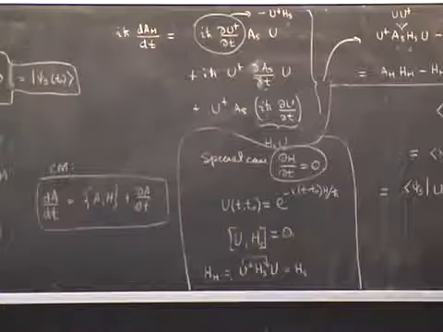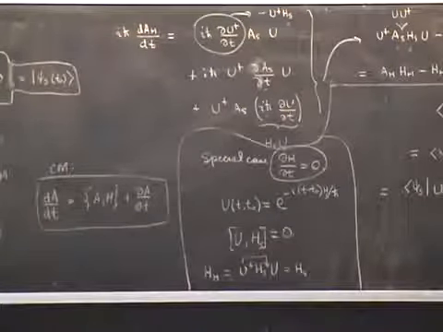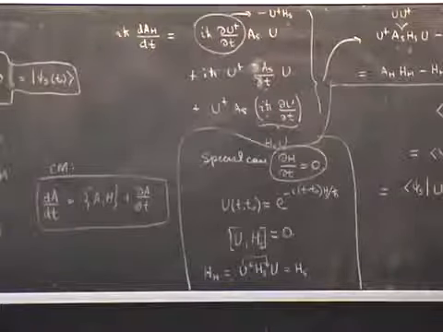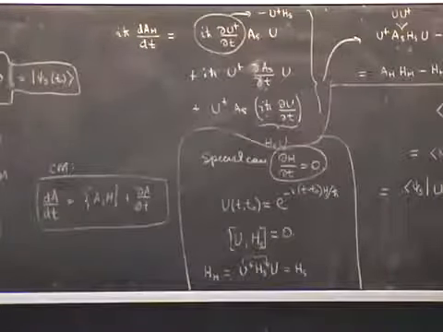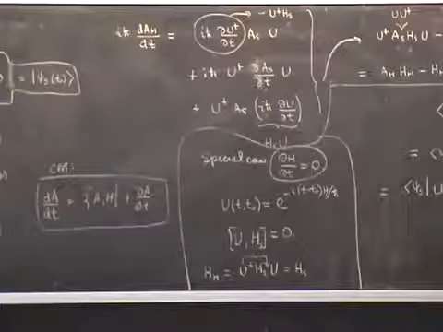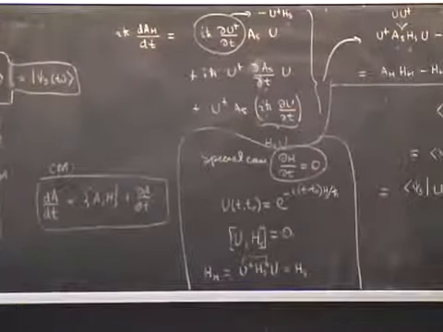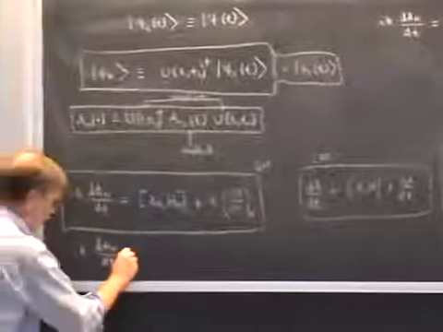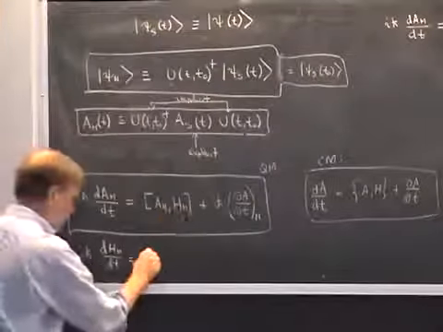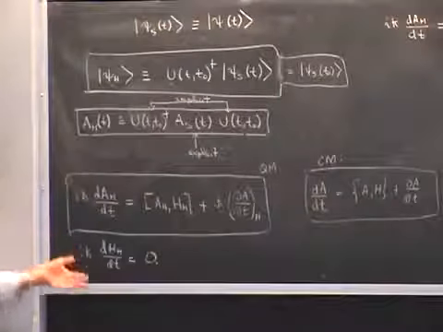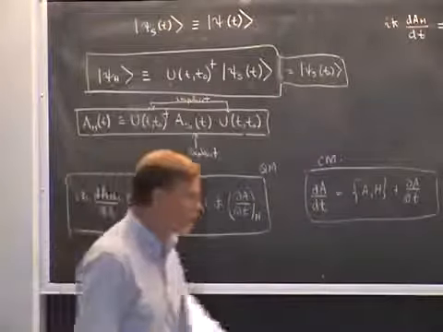In fact, let me take this equation here, and let's interpret A as being a Hamiltonian itself. And let's suppose it has no explicit time dependence, so this term goes away. Well, what do we have then? We have i h bar, d of the Heisenberg Hamiltonian with respect to time, is equal to the commutator of the Hamiltonian with itself, which is 0. So in the case of the time-independent Hamiltonian, the Heisenberg Hamiltonian is constant in time.